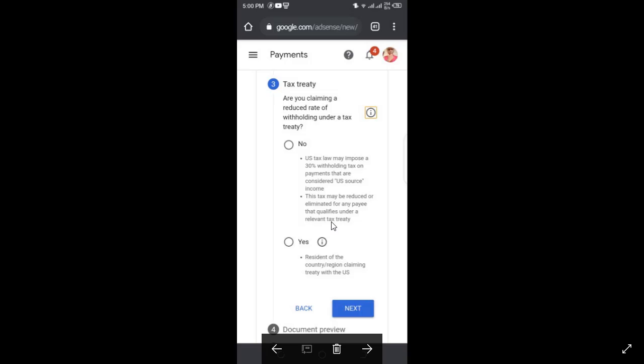So if you selected a country that has a treaty with the US, and I suggest you've gotten a tax document from someone overseas or abroad if you're in Africa, what you're going to do here is select yes. It's a resident of the country claiming treaty with the US. The list of countries that have a treaty with the US is really small, so not all countries have a treaty with the US. You should note that. And here you're going to select yes.